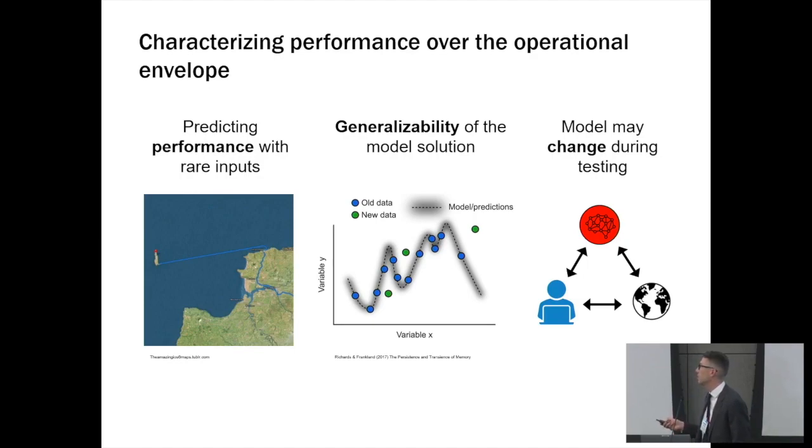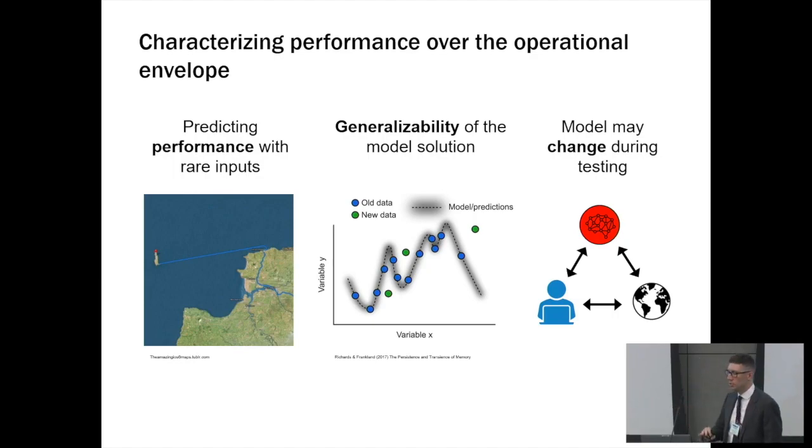So this is a famous or infamous example from when Apple Maps was new. I'm not as big of a fan of Apple Maps. It was working out some bugs, and it was asked, how do you get from this location on the mainland out to this island? And it clearly hadn't been trained on that sort of information, because what it came up with was just drive straight, right? Go right through the ocean there. And that's not a very good strategy. And this, of course, is predicting its performance on rare